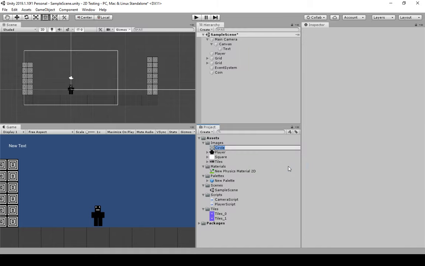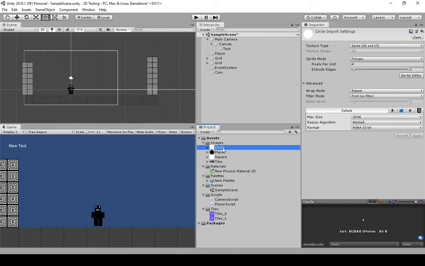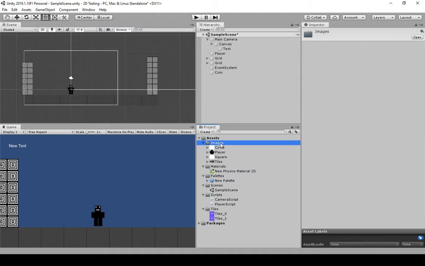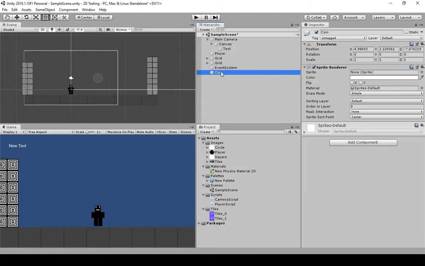I'm going to leave this as the name Circle, so I'm going to press enter. So now I have a new circle created for me as part of my images. So everything's still organized. All of our images are in the images folder. So now I'm going to come back to coin and click on it within the hierarchy view,